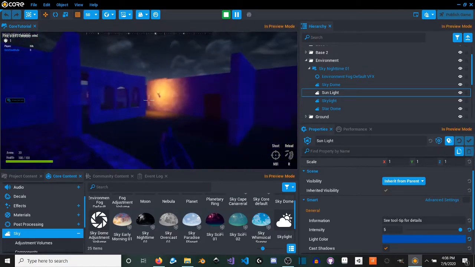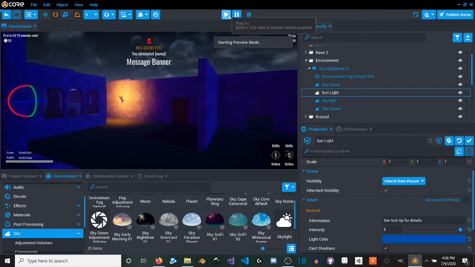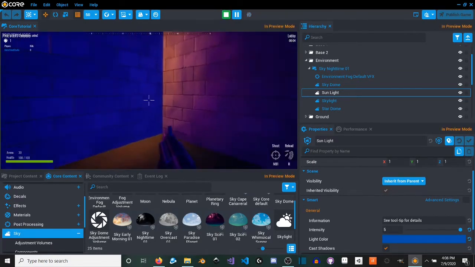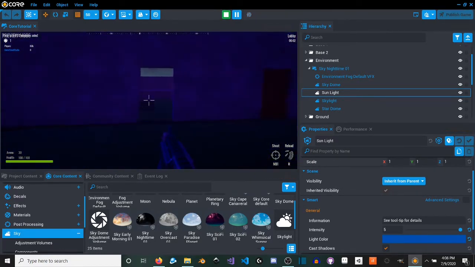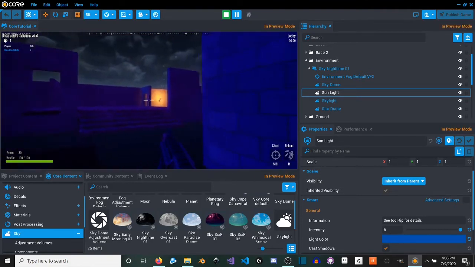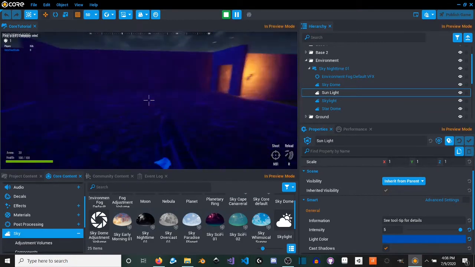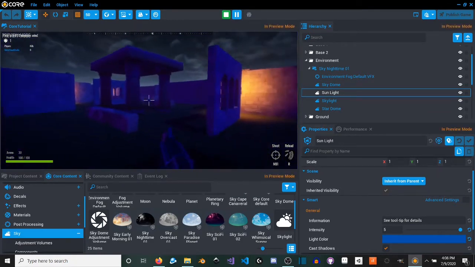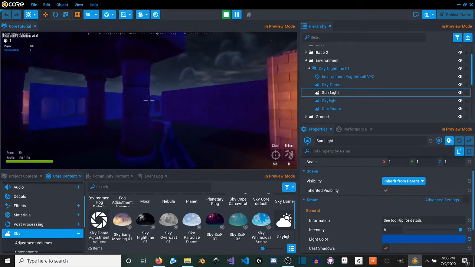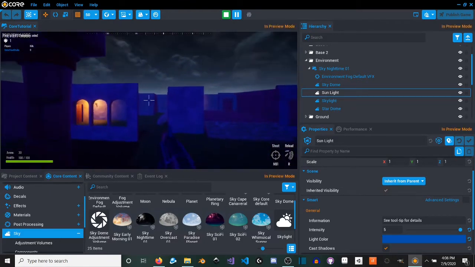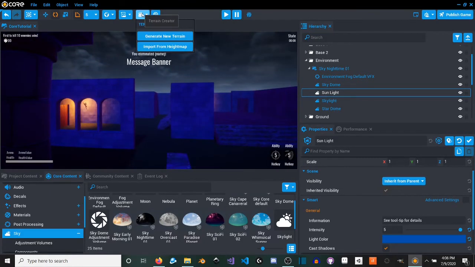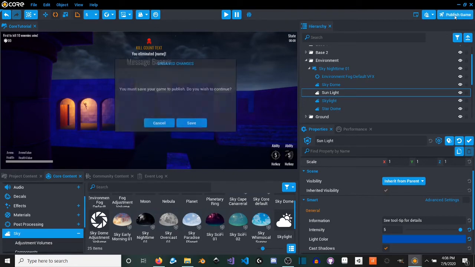See, the teleport was because, let me start this again. If you can see, it says lobby in the top right corner until that counts down, until that ends, and then it allows us to eliminate the enemies. And then we have our game working, and we can publish it by clicking publish a game,